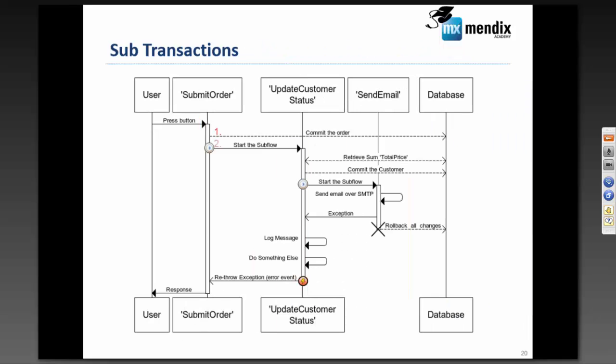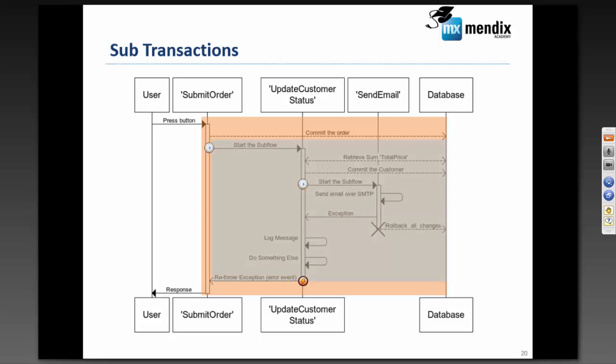In this instance, we have the same setup, but we're using custom without rollback at all levels. What this is going to do is it's going to run the transaction. We're going to start our sub-microflow. Then we're going to run into an exception when we're sending that email. But we've said that we're going to continue without rolling back even at the finest level whenever we hit that